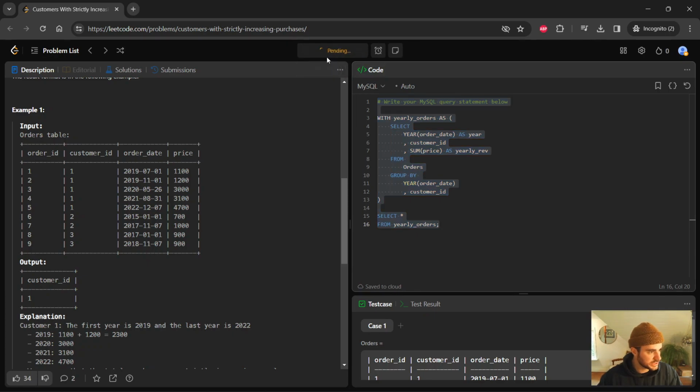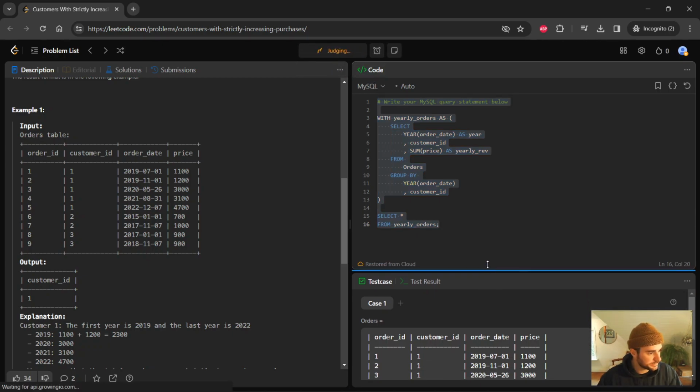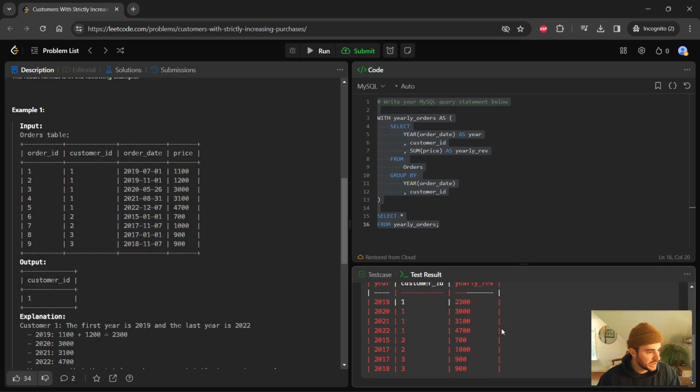We'll run this just to see what it gives us back. It'll fail, that's fine. Okay, so as we can see, for customer 1, we have 2023, 3,000, 3,100, 4,700. So now we see that this is increasing year over year. So now let's